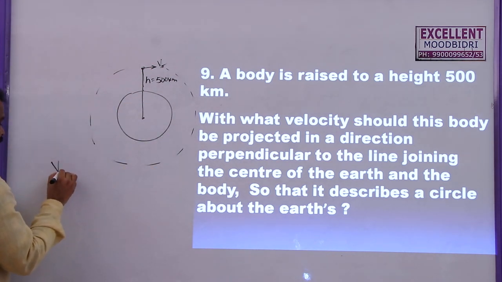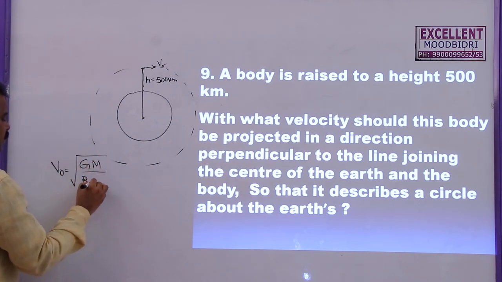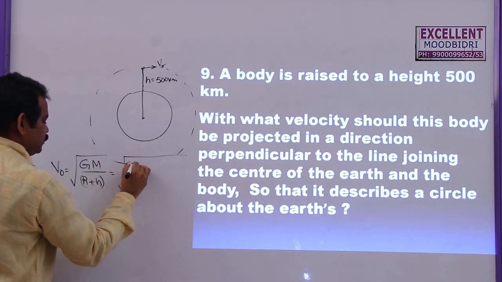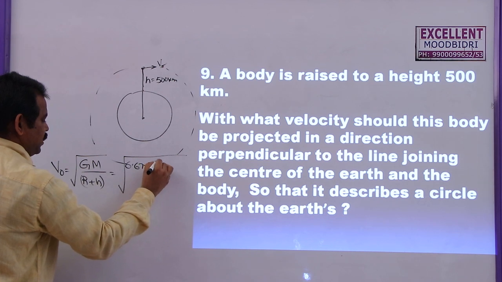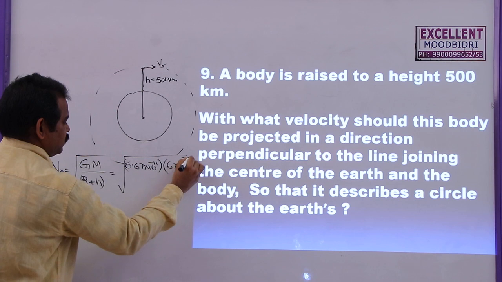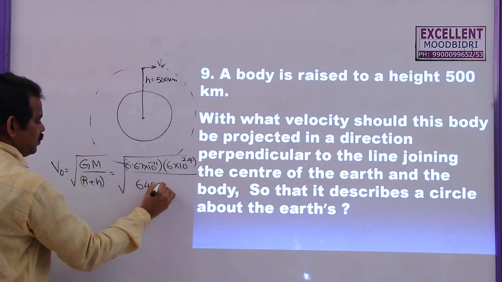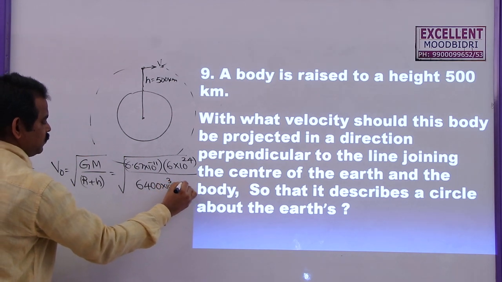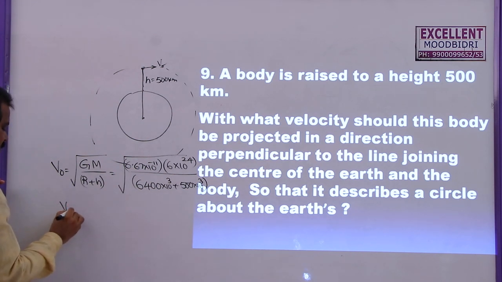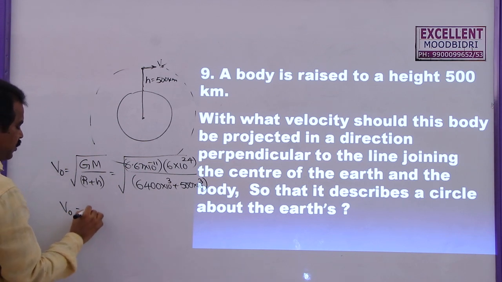So the orbital velocity is given by root over GM by r plus h. So this is given by 6.67 into 10 power minus 11, and the mass of earth 6 into 10 power 24, by r, which is 6400 kilometers plus 500 kilometers. Now the velocity that should be given, which is also known as orbital velocity, is given by root over